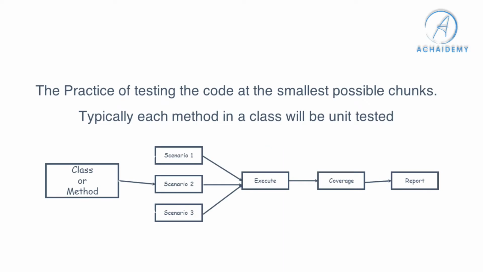Next term we hear is unit testing. So unit testing is something a developer does, a developer-level testing, where you write automated or manual tests for each and every method that you develop. If you have a method, let's say to add two numbers, sum(a, b) and return a plus b, right? So you write test cases to ensure your code works as expected at a function level or at a